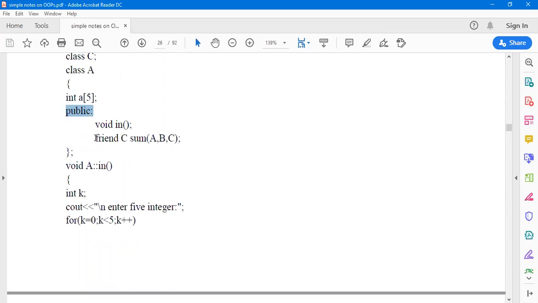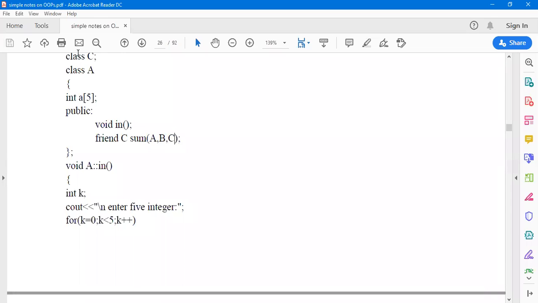Now here the highlight is that in the public section a sum function is declared, which is returning an object C, and it has 3 objects as its arguments. What are they? Class A, class B, and class C.